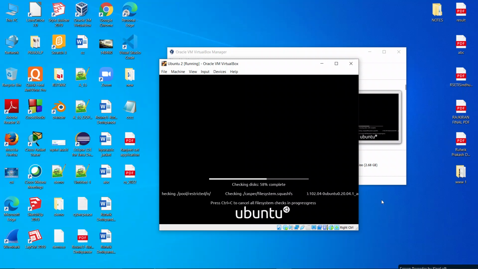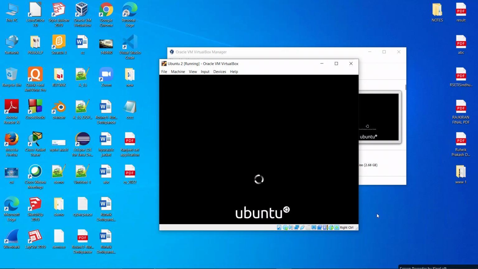It will now be checking whether all the things are feasible for that virtual machine. And once it is 100% completed, it will ask for our permissions and let's check what will happen. And it is going to complete. Yeah, it has been completed and it is showing no errors. Which means we are ready to install Ubuntu OS virtually using VMware on our host PC, that is in my case our Windows 10 operating system. It will start within a short period of time, so just wait for a fraction of a minute.